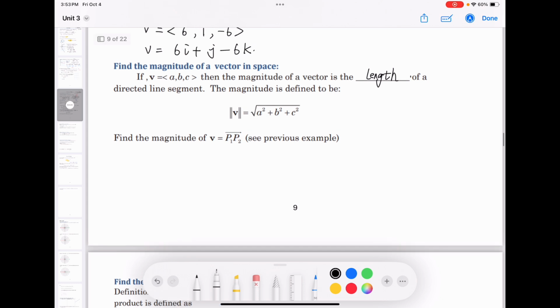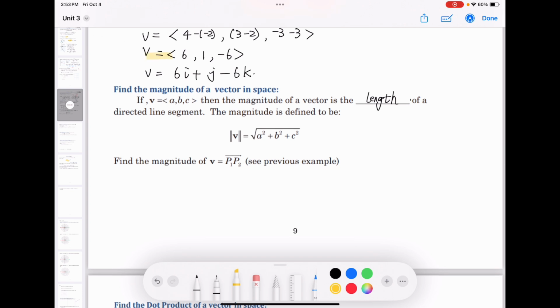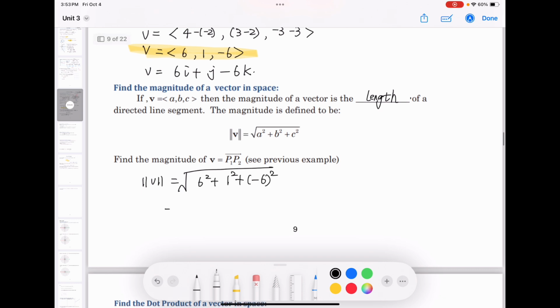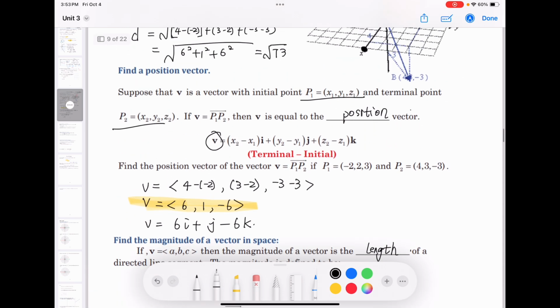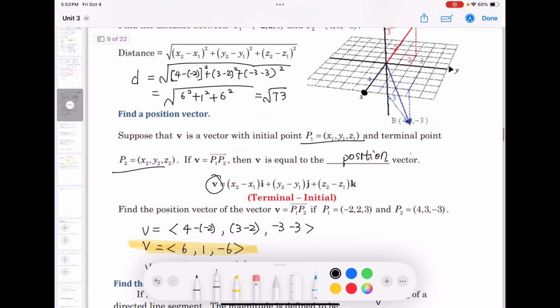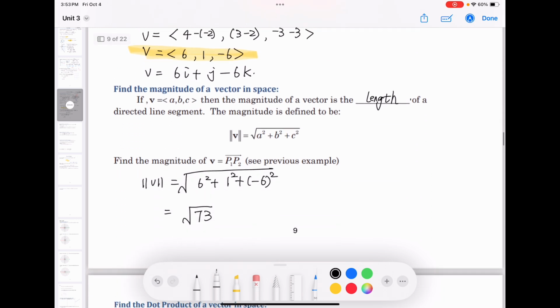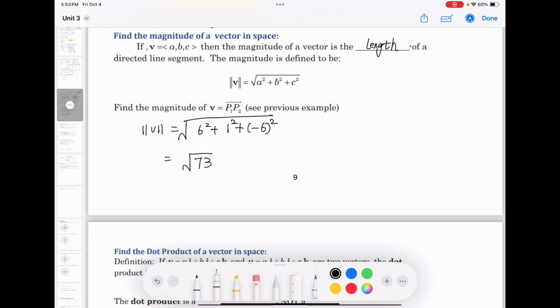Find the magnitude of v. See the previous example. We already found v is (6, 1, -6). So finding the magnitude is easy. Just plug in the a, b, c values in the formula, which is 6 squared plus 1 squared plus -6 squared. I think I did this computation. So it is the square root of 73. Why did I say I did this? Oh, that is the distance between the two points,